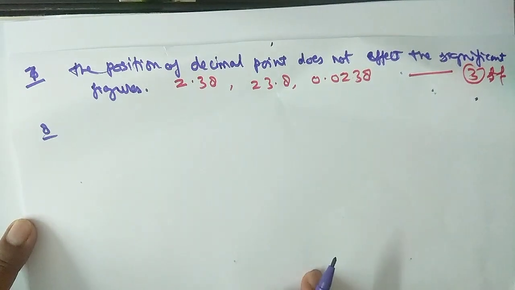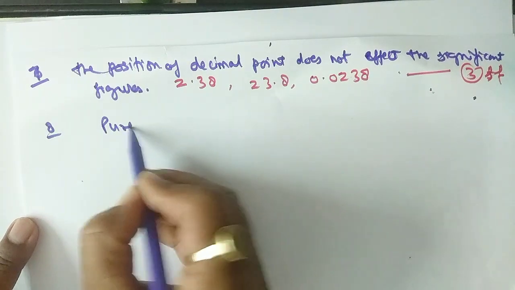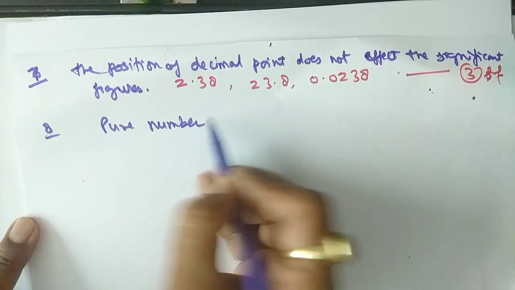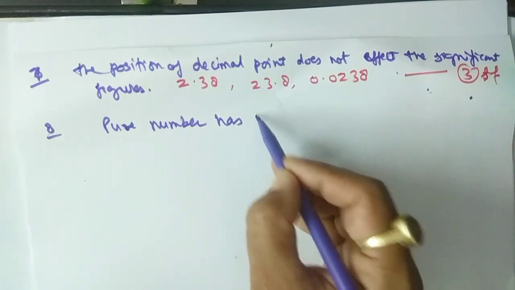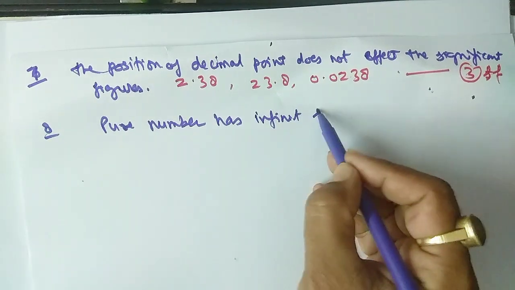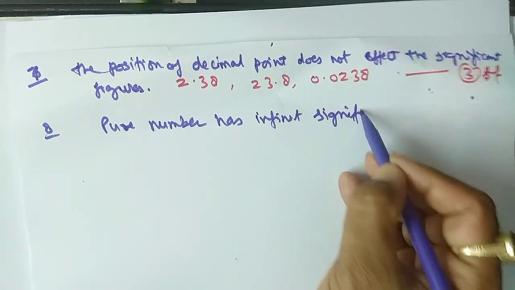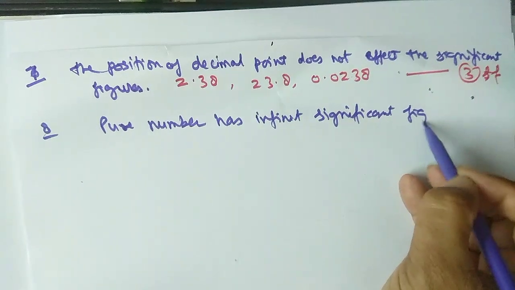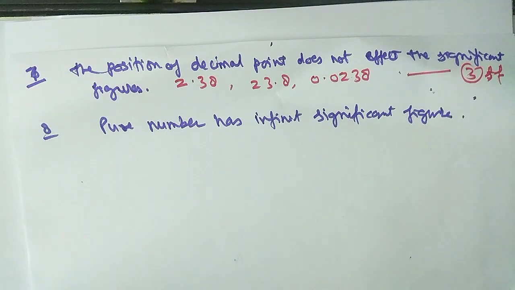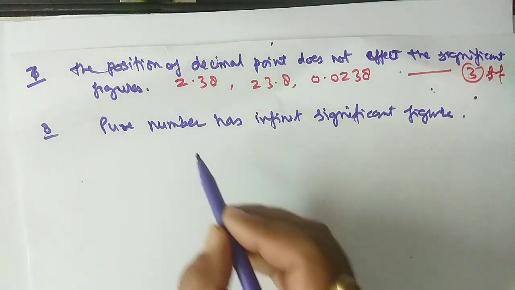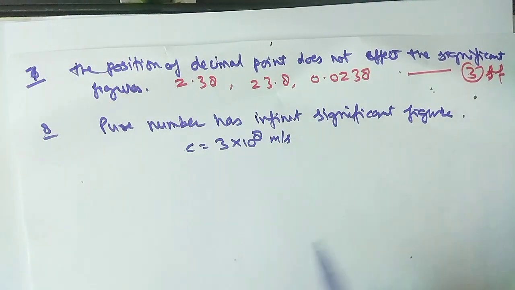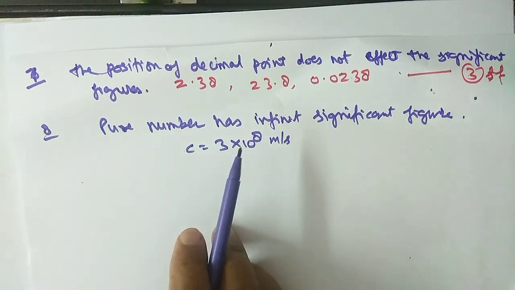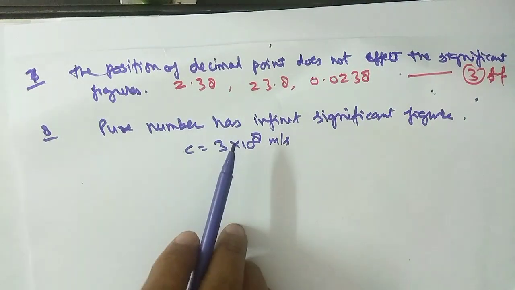And one more point you can see here: the pure number has indefinite or infinite significant figures. For example, a constant value, suppose the speed of light, which you know is 3 into 10 to power 8 meters per second. The significant figure is not 1 here. Why? Because